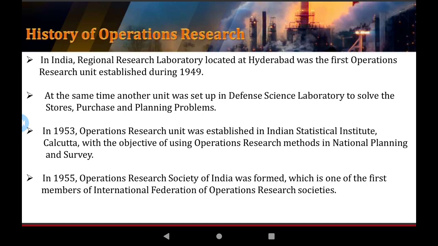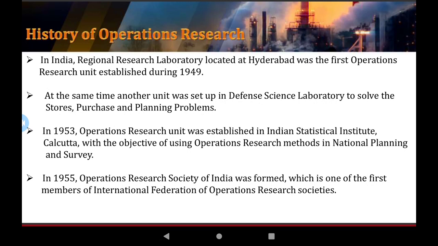Okay, what is the objective of using ऑपरेशन रिसर्च? ऑपरेशन रिसर्च का मेन ऑब्जेक्टिव को फाइंड करने के लिए ये इस्टेब्लिश की गई सेकेंड लैब, methods in the national planning and survey. Okay, ऑपरेशन रिसर्च किसके लिए इस्टेब्लिश की गई, methods of national planning of the survey. Okay, नेशनल प्लानिंग, किसी भी हम सर्वे कर रहे हैं किसी चीज़ का और नेशनल लेवल पे, तो उस समय एक सर्वे किया गया हो किसी चीज़ का, तो इस लेबोरेटरी को इस्टेब्लिश किया गया है. Okay, कोलकाता में